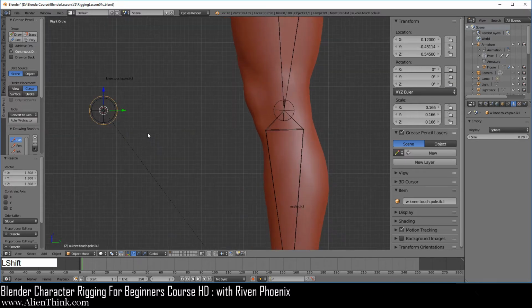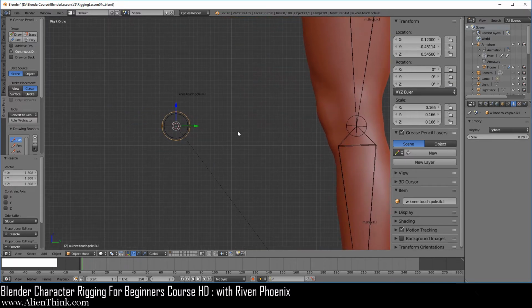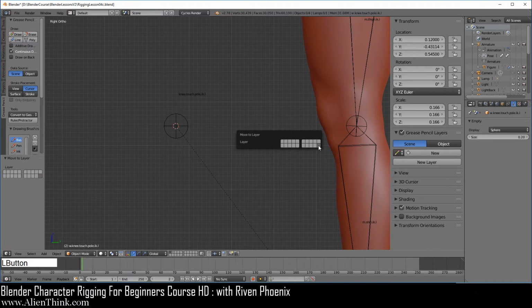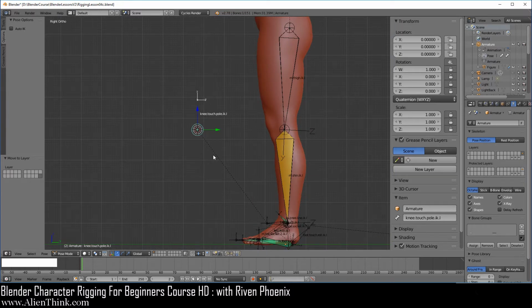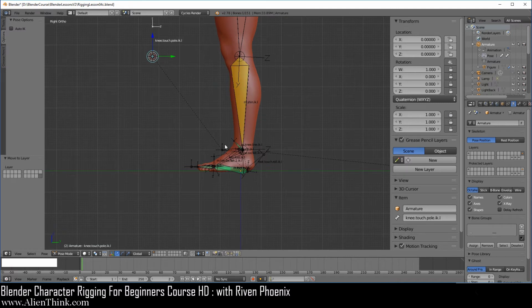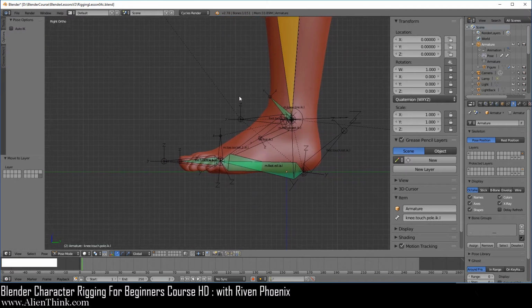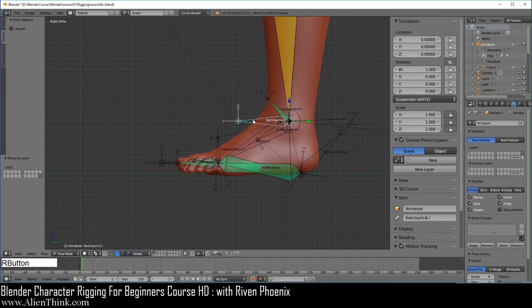Now go ahead and just zoom in. Now here we're going to do M and put the object on the last layer over here. Now we're going to move these a little later to this layer, but now it's not the right time. Okay, so here we can press the G key to test it out. Now let's go ahead and take a look at the